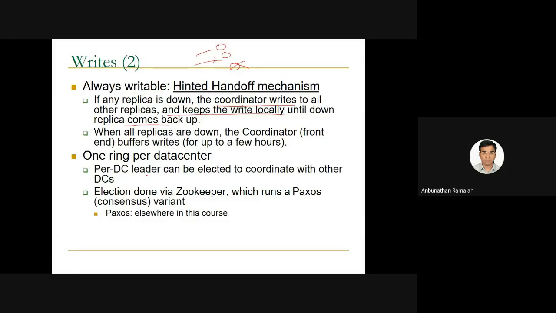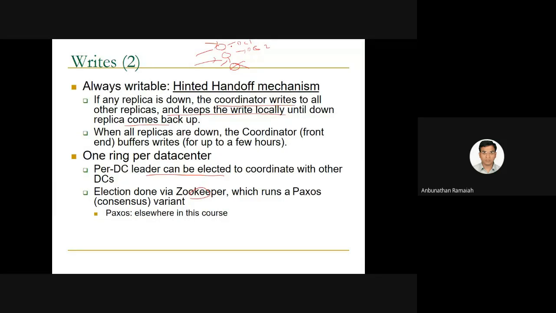A DC leader can be elected to coordinate with other DCs. So in the first data center, some node will be there, and in the second data center too. Data center wise it will elect, for example, one member from here, one member from here, like that. The election is done via zookeeper, so zookeeper is used here also.